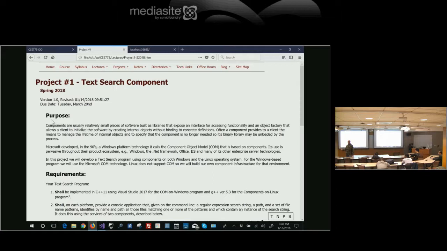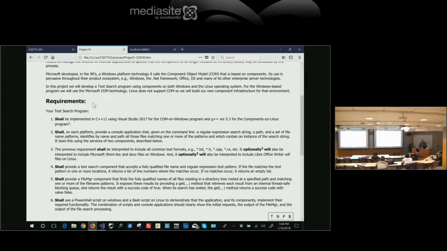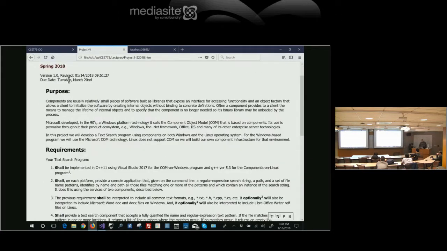Okay. So did you do any COM programming when you were at Microsoft? I was working on firmware. But that's why the due date is as late as it is, simply because it's going to take us a while to get to where you know enough COM to do the Windows part. The more interesting thing to me are the final projects. You're welcome to take a look and ask questions next time about this if you want.